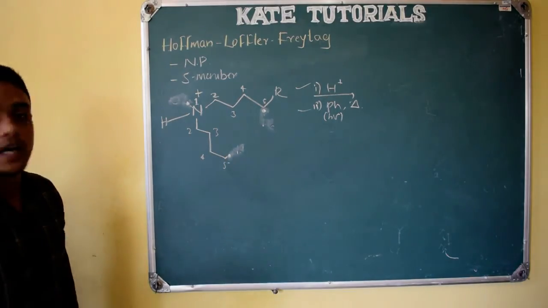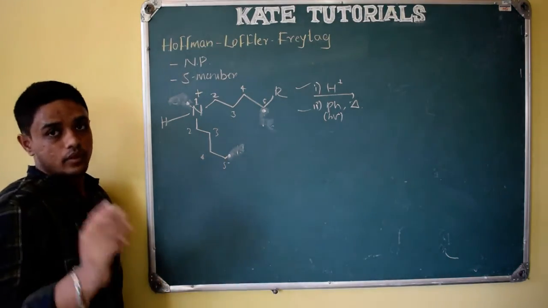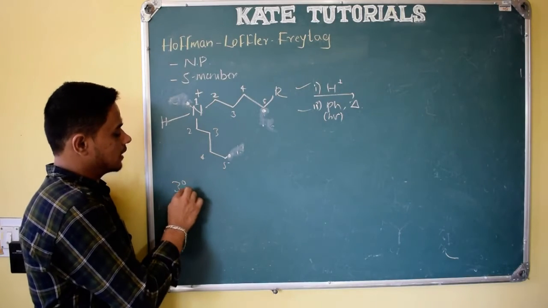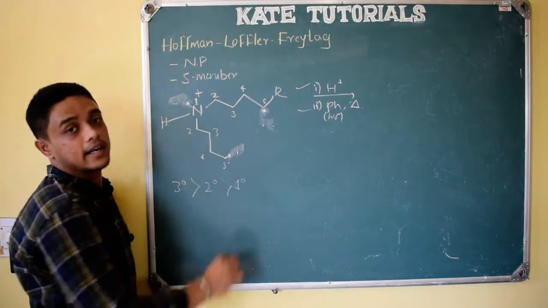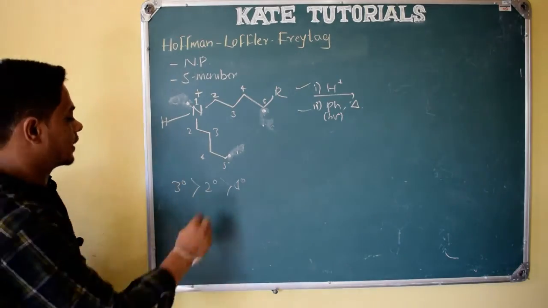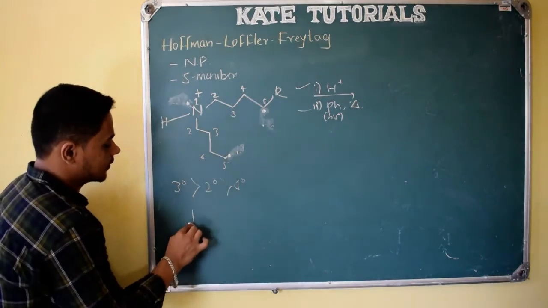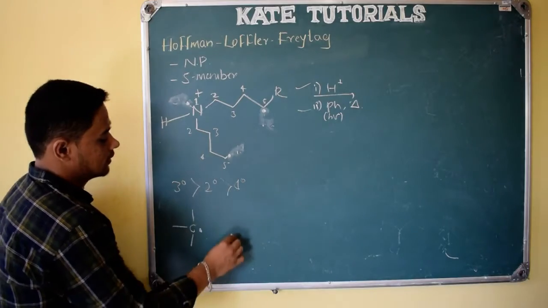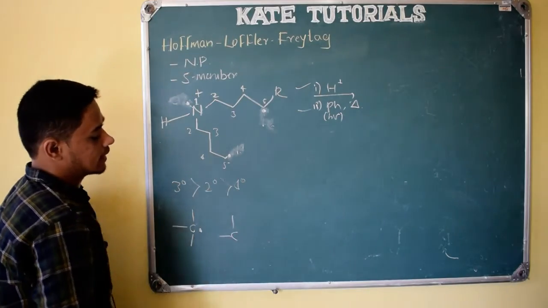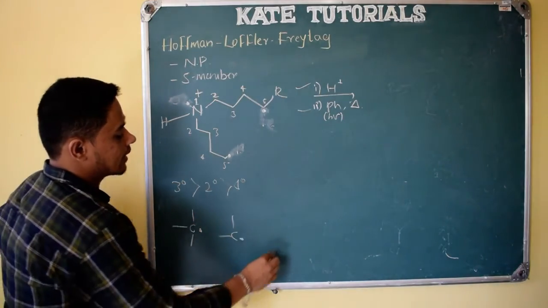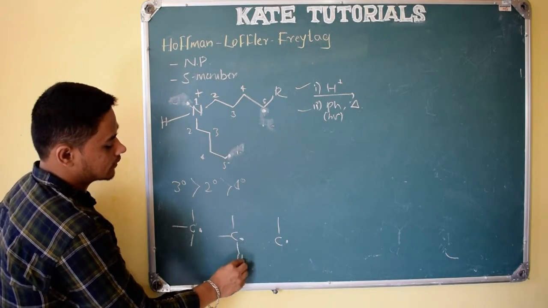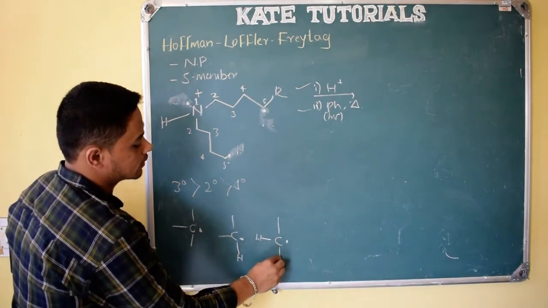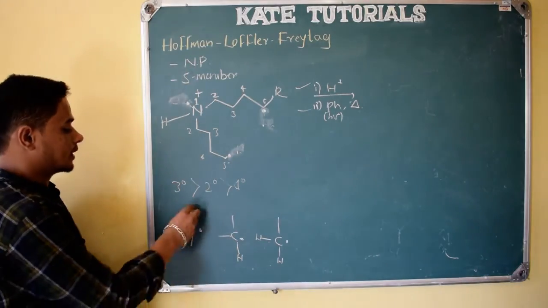So we know that in radical mechanism, the tertiary radical will be more stable than secondary, followed by primary radical, right? This we know. Why is it so? See here, carbon is there, here radical is there. This is tertiary radical, and this is secondary radical, and this is primary radical. Other valency will be satisfied by hydrogen. Here also hydrogen, right? So here methyl groups are there.